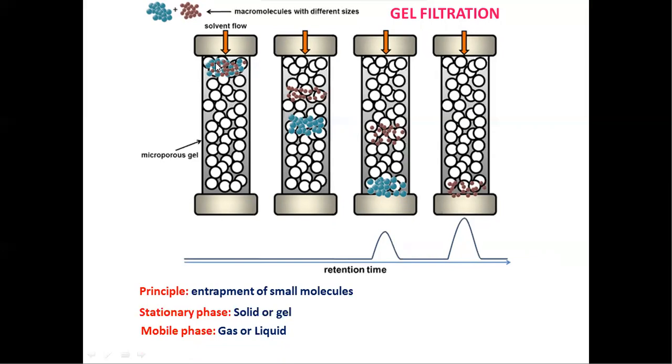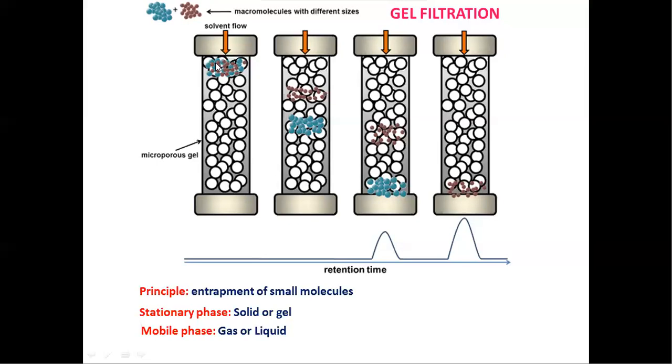Usually we are using gels, and these gels have micropores. Due to the presence of micropores, the sample components of small size will be adsorbed, or sometimes entrapped in the pores, and large size particles will not be entrapped. They can easily go downward by adding a mobile phase, pass with the mobile phase, reach the bottom of the column, and finally be eluted as the first eluent.